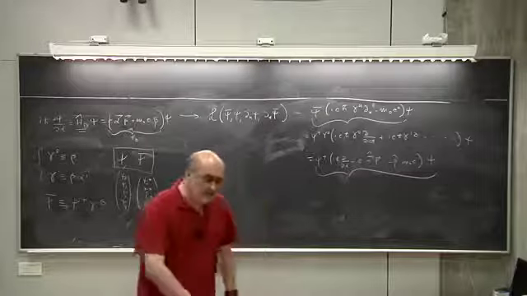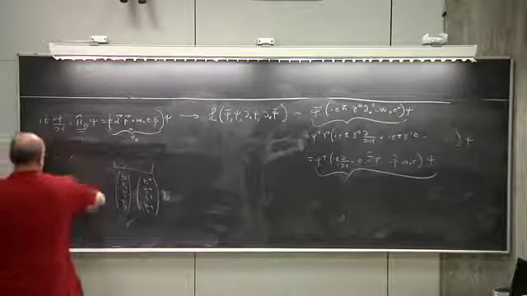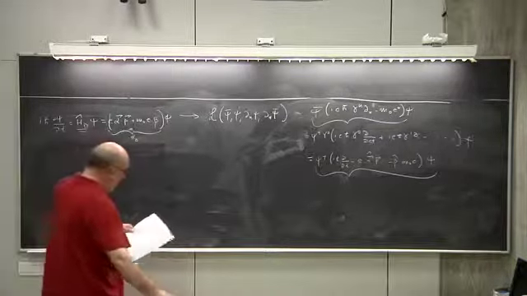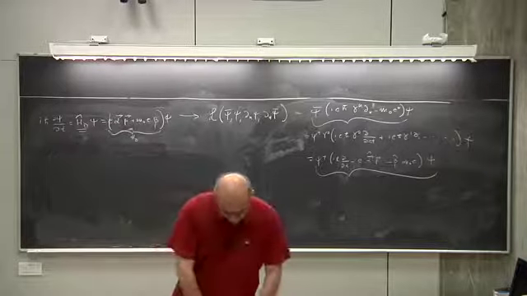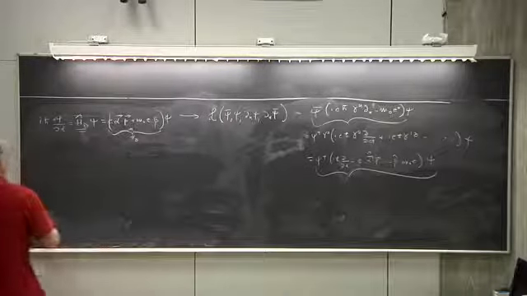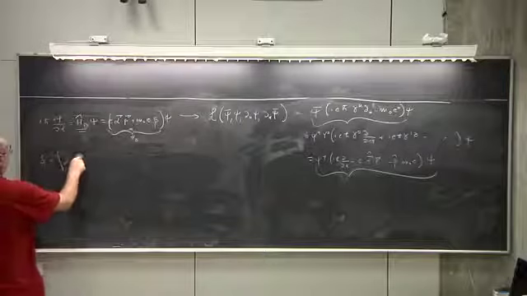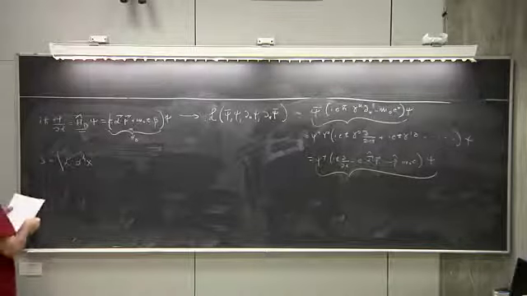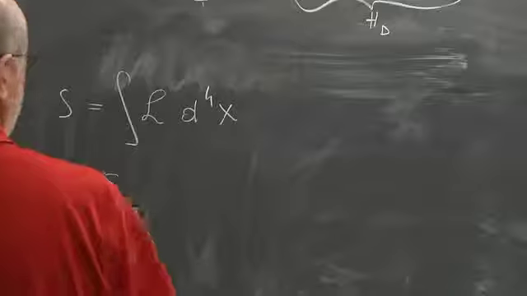Can we derive the Dirac equation from that Lagrangian? I will only show you one thing. Let's remember: to derive the equation, we have to build the action. The action is the integral of L d⁴x, because that is the Lagrangian density. And then what we have to do is the variation of S with respect to some